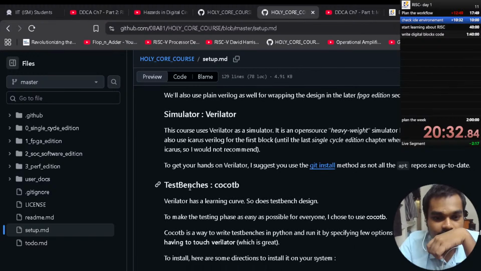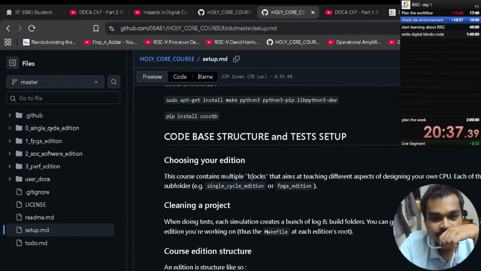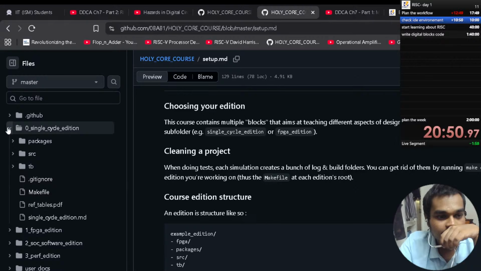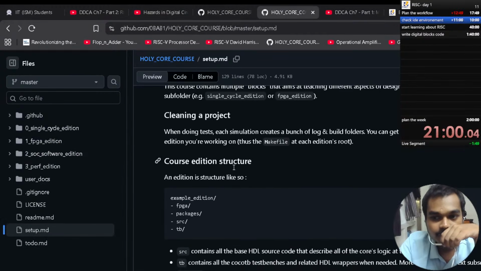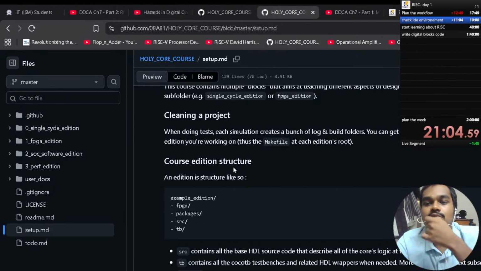I have the simulator, I have the test bench, so no need of these. Code-based structure and test setup. This course contains multiple blocks that aim at teaching different aspects of designing your own CPU. Each of these blocks has its own subfolder, like source files, test benches, FPGA edition, SoC edition. Each test creates a bunch of log and build folders. You can get rid of them by using